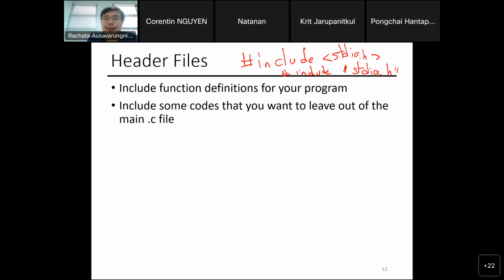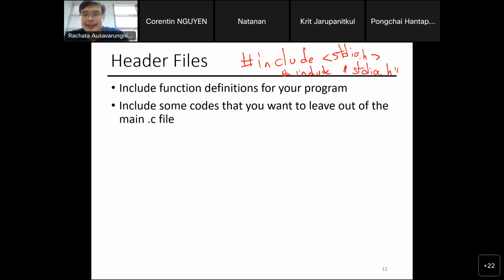So there are parts of the program, because the .c file can be really messy depending on how complex your program is, right? So a simpler way for your friend to come in and figure out how this program works is you include function calls and the definitions of the function calls, like these are the inputs, these are the data types, put in the header file.